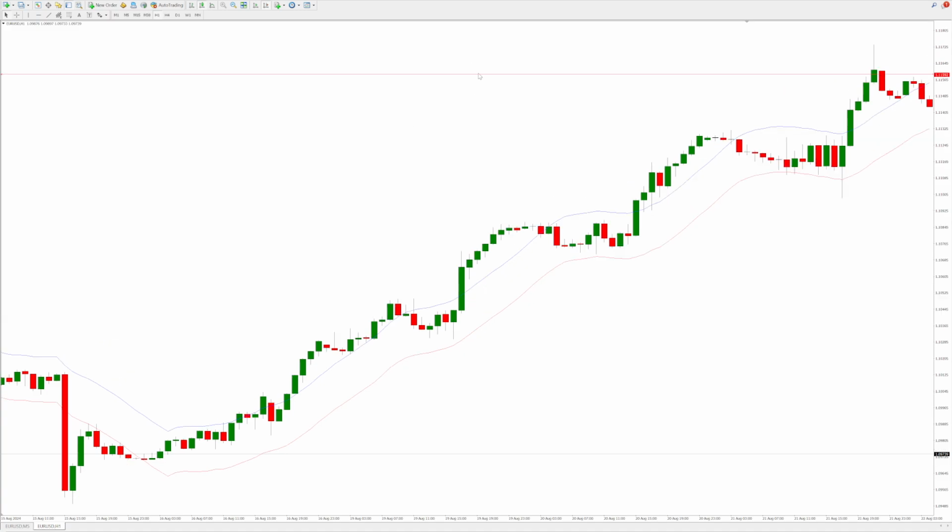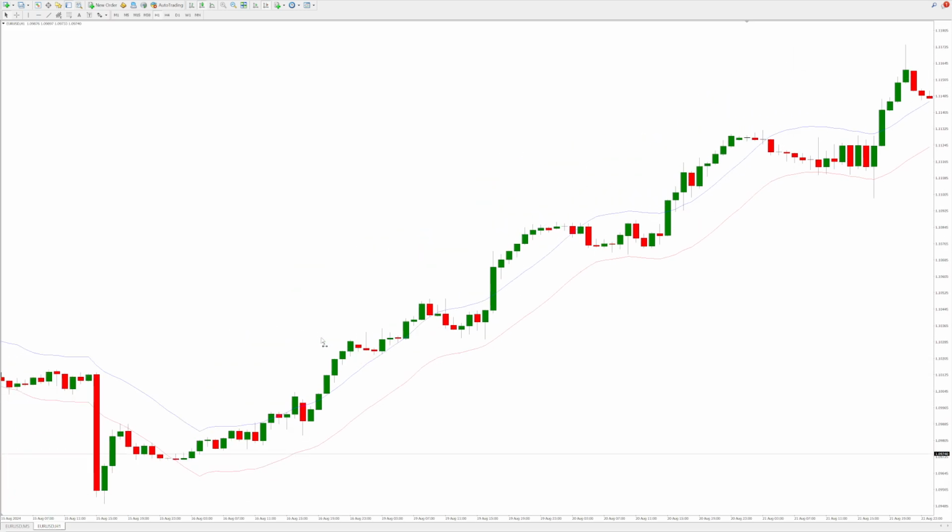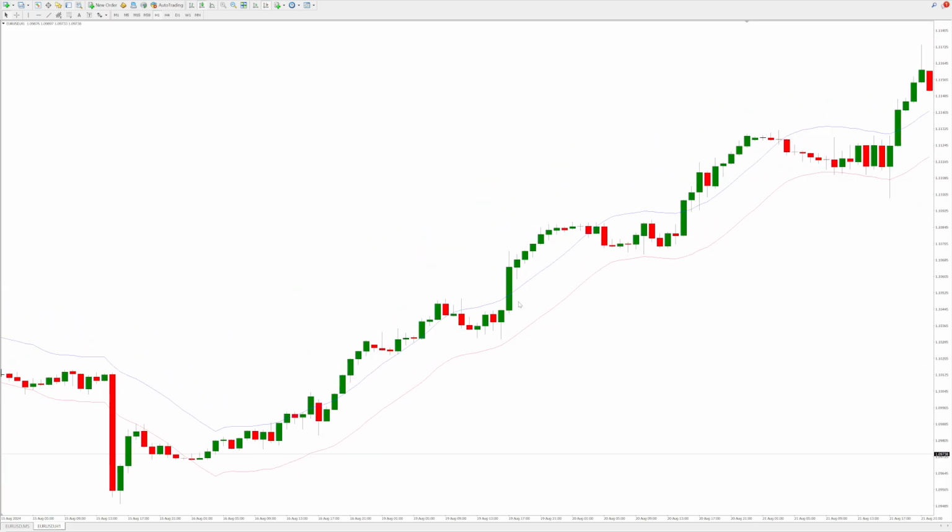I mean, look at this uptrend here. Ample opportunity to enter on the breakout of the upper envelope. I mean, you would have been starving if you were looking to enter on a reversal. You would have missed on a reversal on the lower band there. You would have missed lots of opportunity. However, as I said, reversals on envelopes tend to work better in ranging markets, whereas in trending markets such as